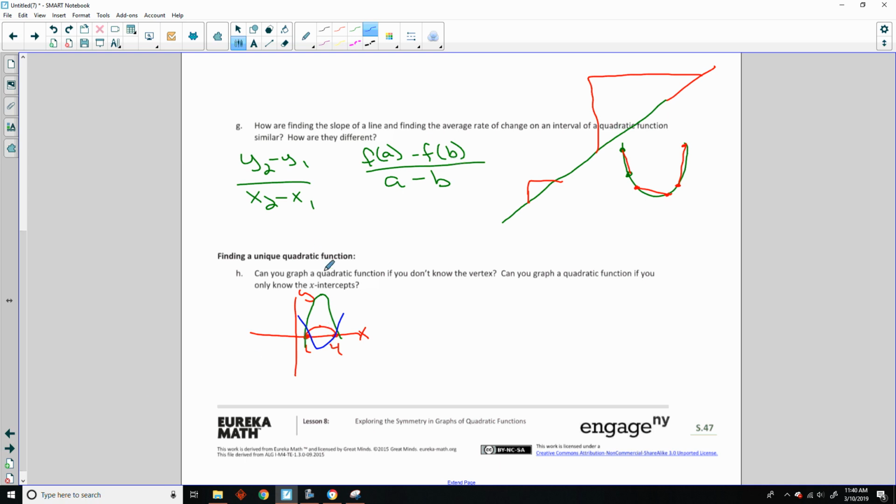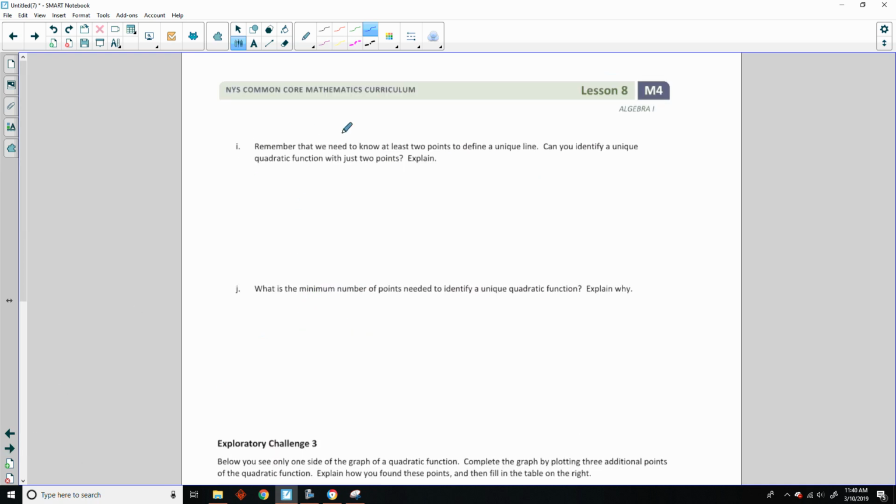Okay, different vertices and different a values, positive or negative. Remember that we need to know at least 2 points to define a unique line. Can you identify a unique quadratic function with just 2 points? Okay, well, I just kind of explained that. The answer is no, because the rate of change between 2 points is always changing. Your average rate of change is always changing, and just 2 points will never give us enough information to correctly